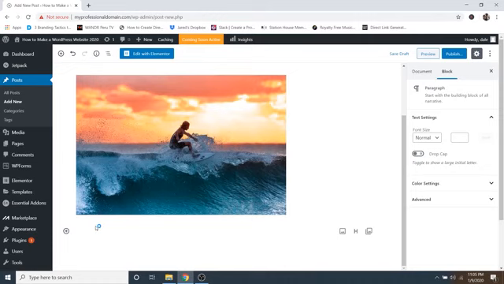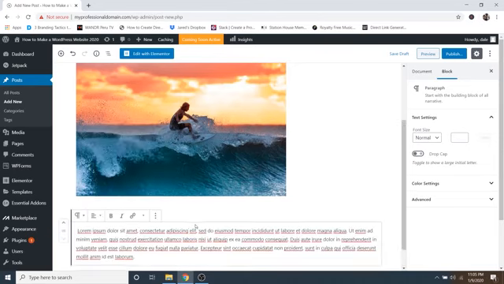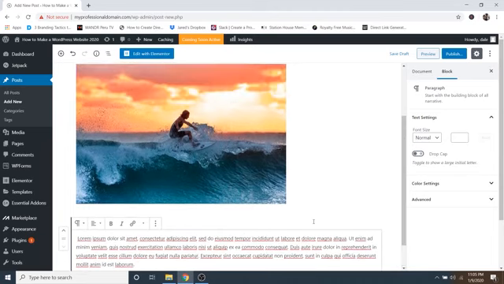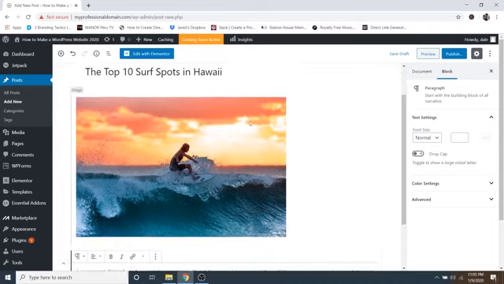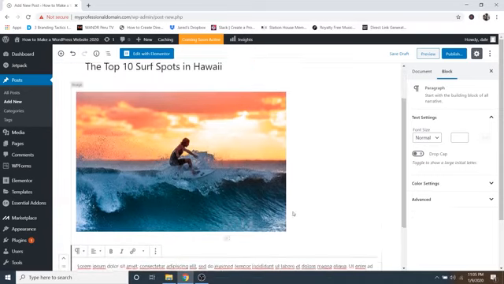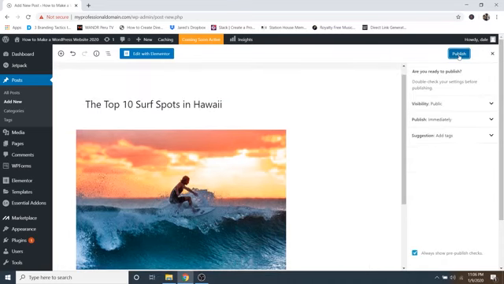And then you would want to write the best surf spots in Hawaii. So I would just write like number one and then write whatever it is that number one is. And then write some information about it. So in this case, again, I'll just paste some dummy text. And then you would just want to write your blog post like that. This is a really simplified form of a blog post, just to give you an idea, but that's how to create one. And then I would just go on over to publish, and then publish again,